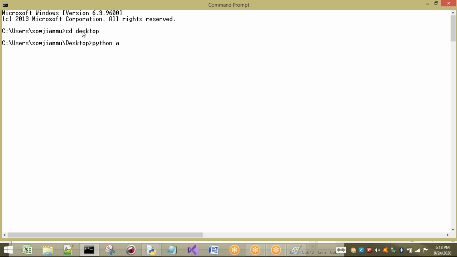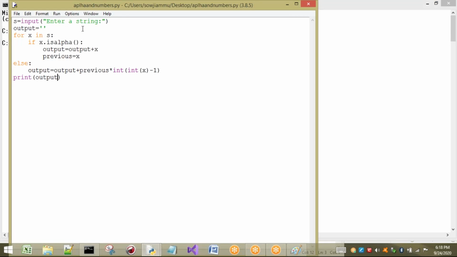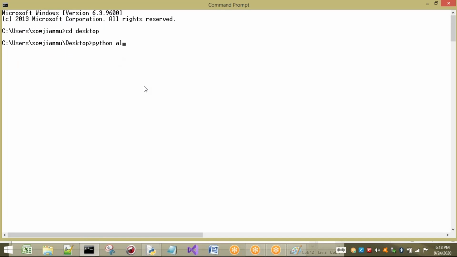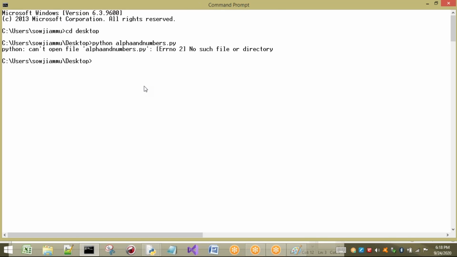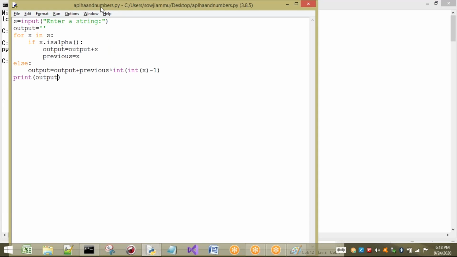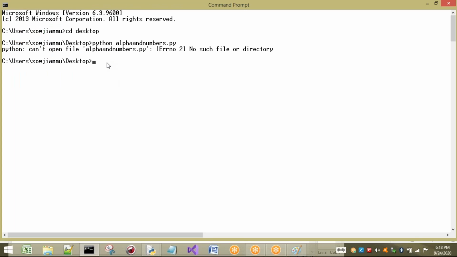Alphabets dot, one minute, alpha and numbers dot py. Okay, one minute, can't find the file. Let us see the name once. Okay, APLH, I have unfortunately taken APLH. Okay, anyway, now see, it is going to ask for a string.